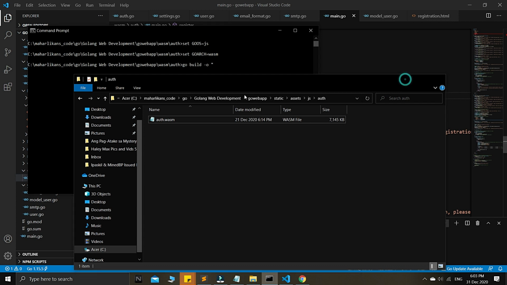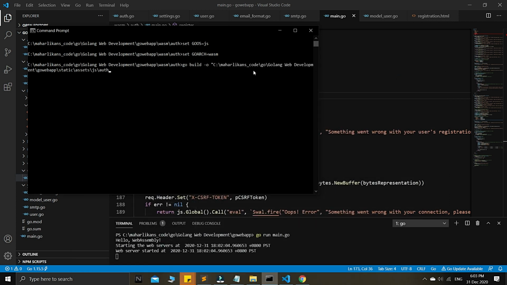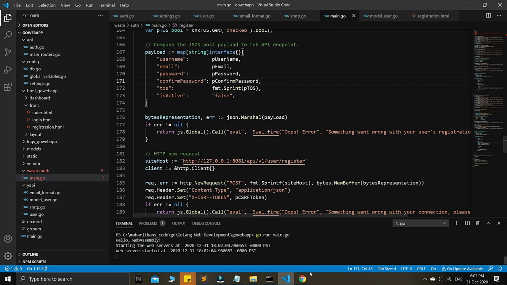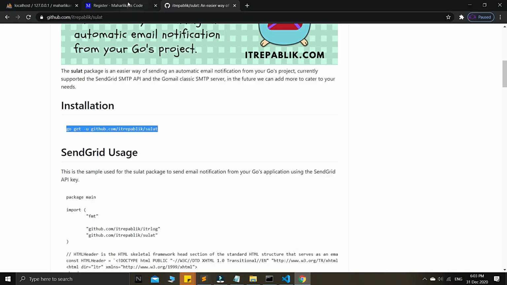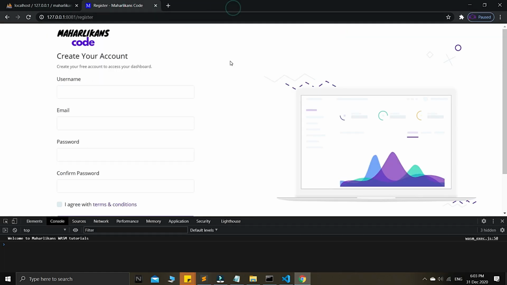Wow, very nice. Activate your Maharlikans code account. So there is a rocket there. Okay, this one is a dark theme, guys. Okay, I mean it's not like auto, guys. This one is a mobile friendly HTML email as well. We can try to make it